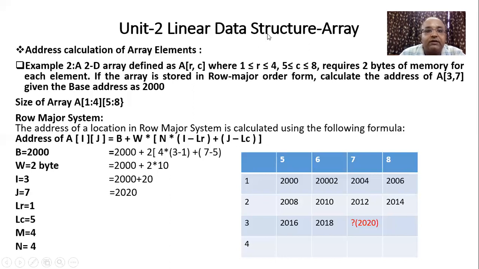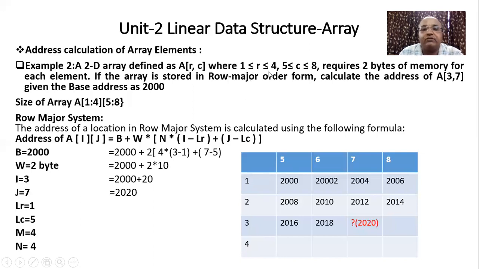So the index of first row will be what? 1. So row index will start from 1. If you observe this figure, the first row will be what? Index 1. The index of second row will be what? 2. The index of third row will be what? 3. And the index of fourth row will be what? 4. Because that is the range of index given in the definition. Correct? So we'll have a total of how many rows? 4. So now this value of m will become what? 4.